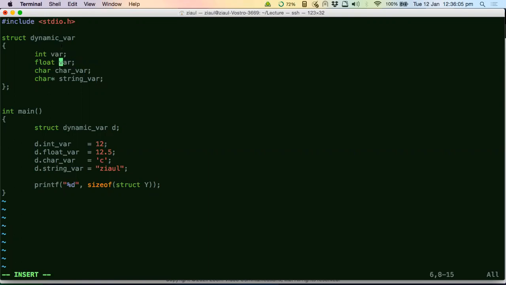Then you would have two member variables with the same name. This is not allowed, because how can you differentiate between both if you just use var? Both of them have the same name but different types. This is wrong. Your compiler won't allow it. You get it, right? What I'm trying to say?